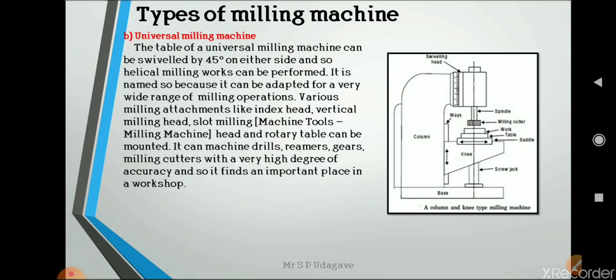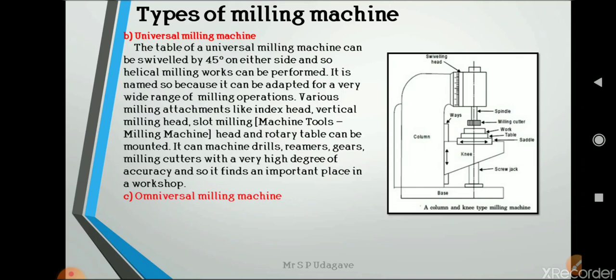Various milling attachments like indexing head, vertical milling head, slot milling head and rotary table can be mounted on it. It can machine drills, reamers, gears, and milling cutters with a very high degree of accuracy, and so it finds an important place in the workshop.